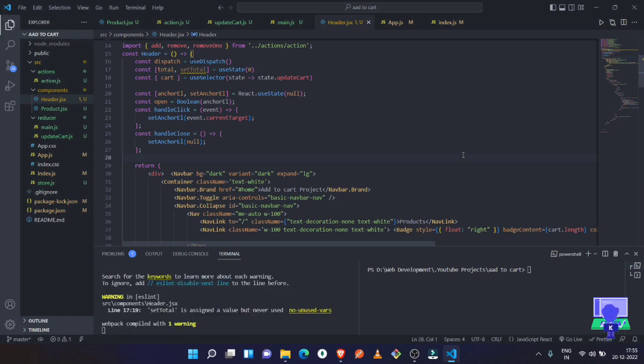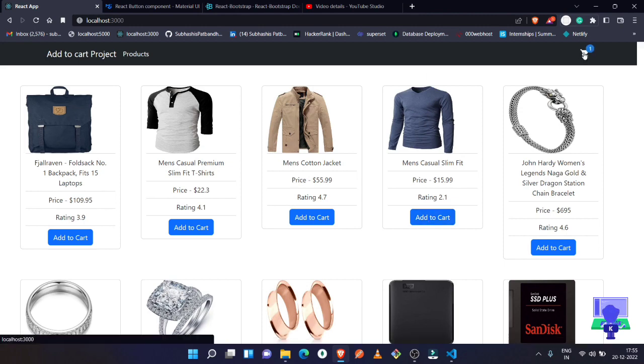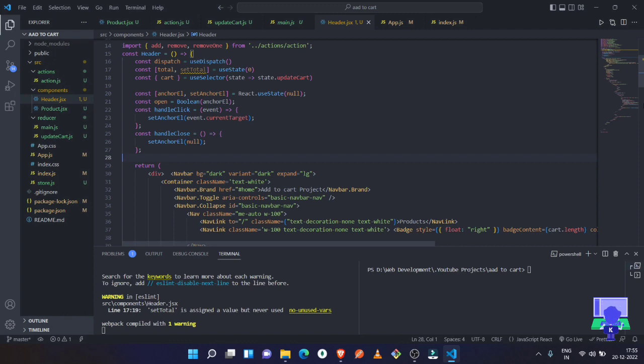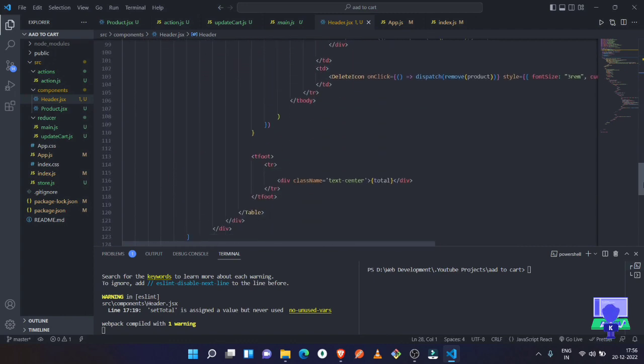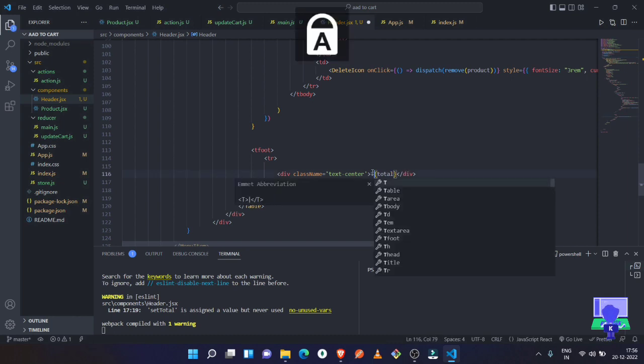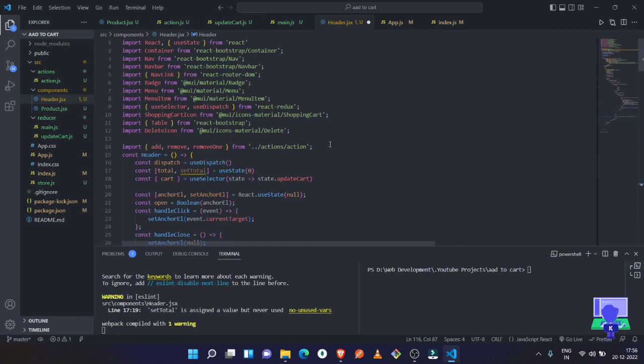So let's save it and let's see whether the 0 is showing or not. Add a product here, and now the 0 is showing here, so our state is working perfectly. And now let's write here total and the dollar symbol. And here we are going to do a very interesting thing, which is we have to perform the map